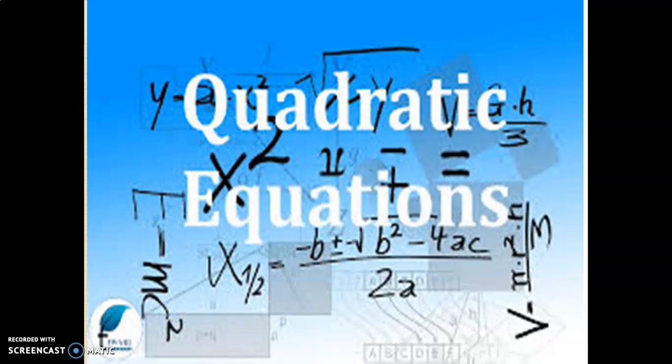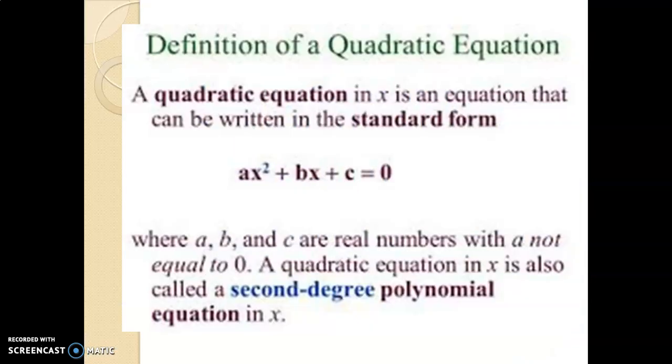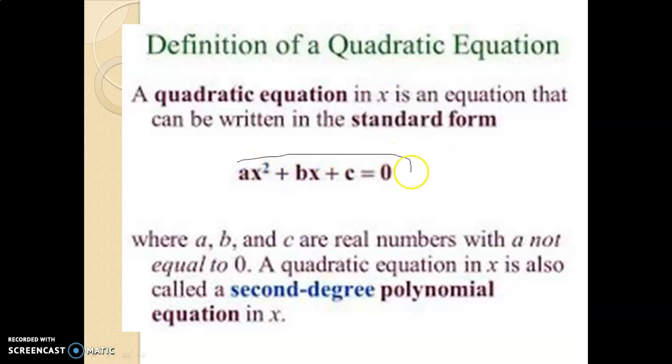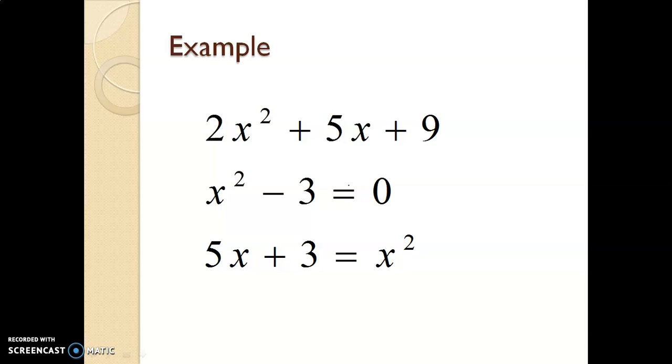The topic of the lesson is quadratic equations, and that is the general form of a quadratic equation in one variable. An equation is said to be quadratic when the highest power of the variable is 2. Only then is that particular equation said to be quadratic, otherwise not. And the coefficients a, b and c are real numbers. Here are some examples of quadratic equations. In all the equations, the highest power of the variable is 2 only. Therefore, these equations are called quadratic equations, right?